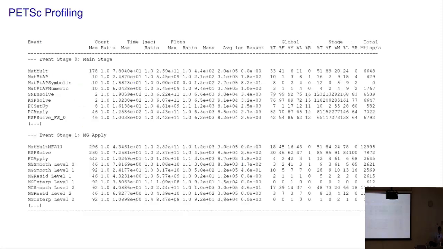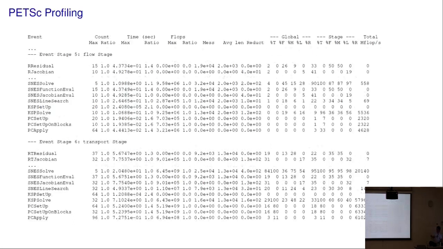And I find it really useful to have this. This is actually a portion of a log view from PFLOTRAN, a subsurface flow and reactive transport code that I work on. Most PFLOTRAN runs have a flow solve that happens, and then they have a reactive transport solve that happens. And if I take this code and I try to look at it just using something like the Intel VTune profiling software, I can't really get much useful out of that, because if you look at the time that's spent in my